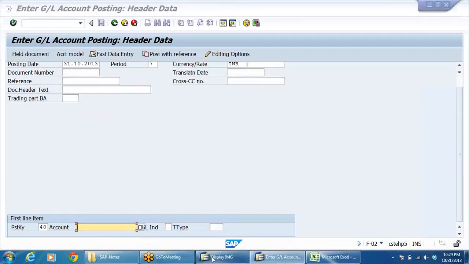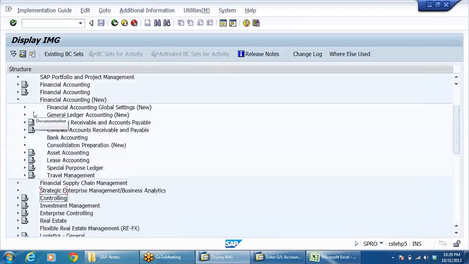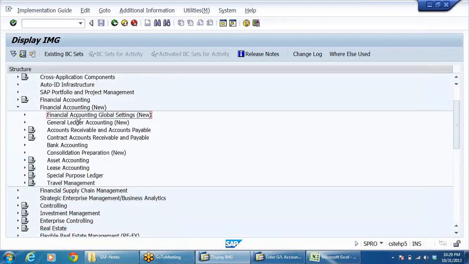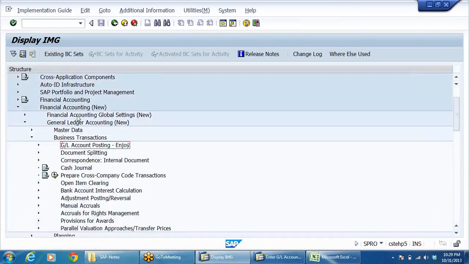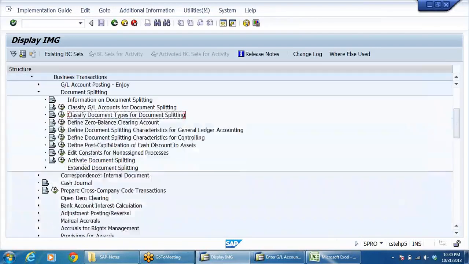Let me check one more thing about financial accounting new. I need to check whether new GL has been activated for that. Business transactions, document splitting, activate document splitting.